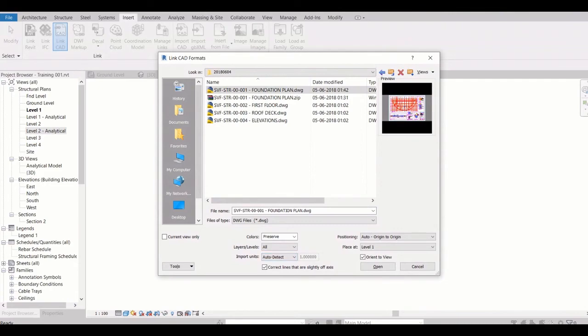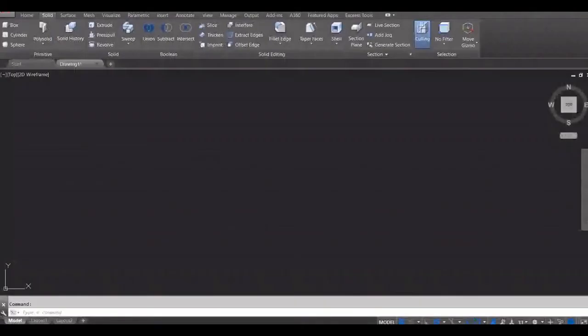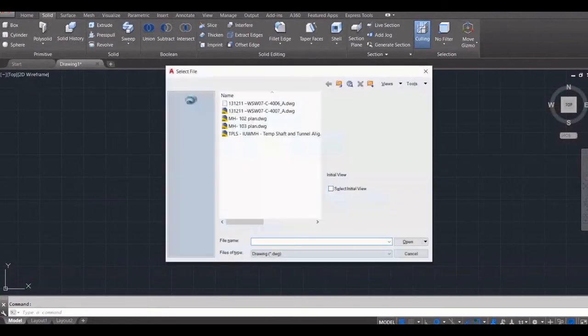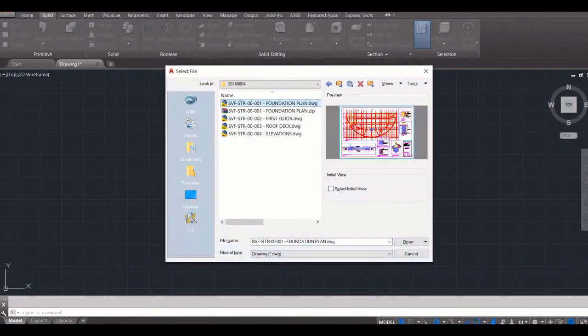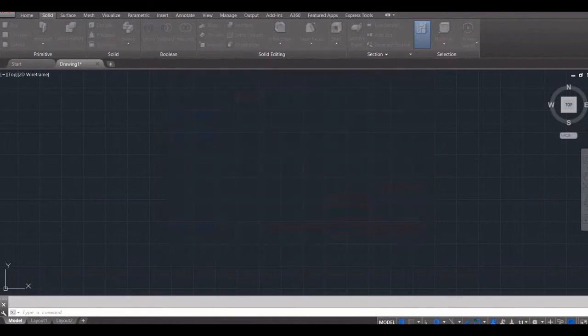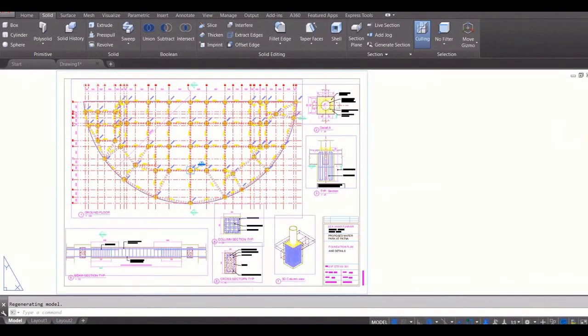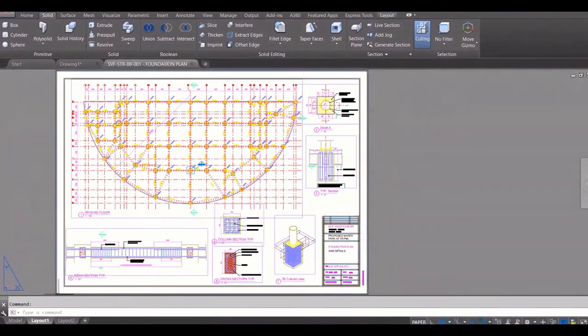So in AutoCAD, if I open this file in AutoCAD, see what is the difference between AutoCAD and a BIM application or Revit or anything.